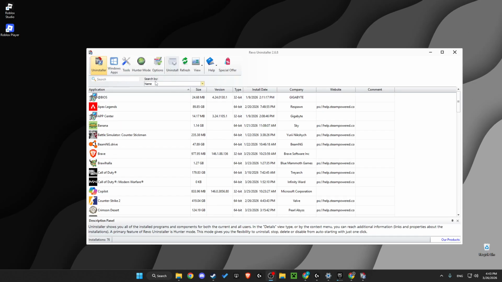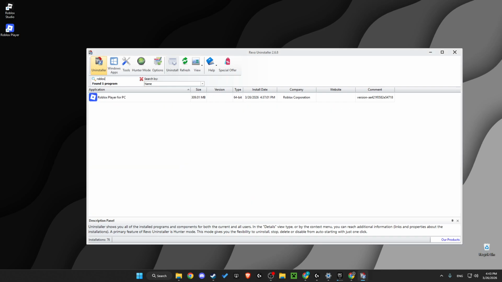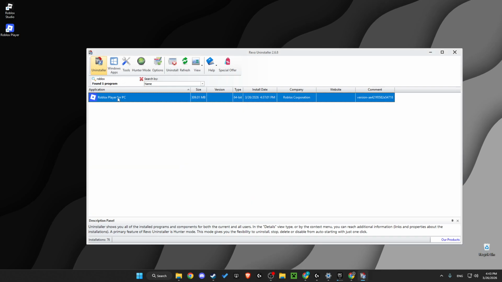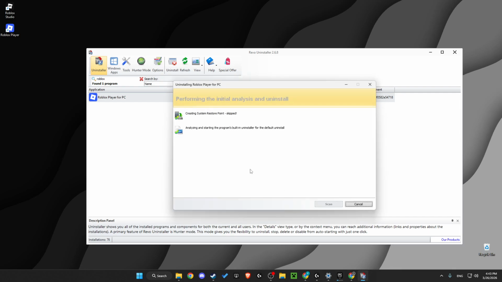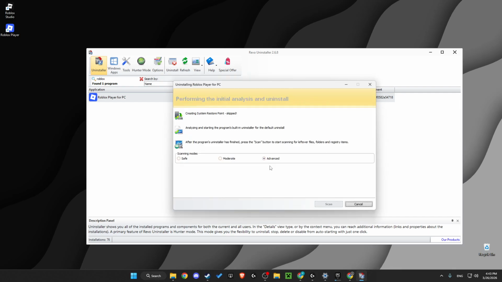So load up the uninstaller, then in search you need to write Roblox. Then you need to just click on it, right click and press uninstall. And then you can make a restore point if you want to, but for me, I don't need it. And then you need to wait here, advanced, scan,